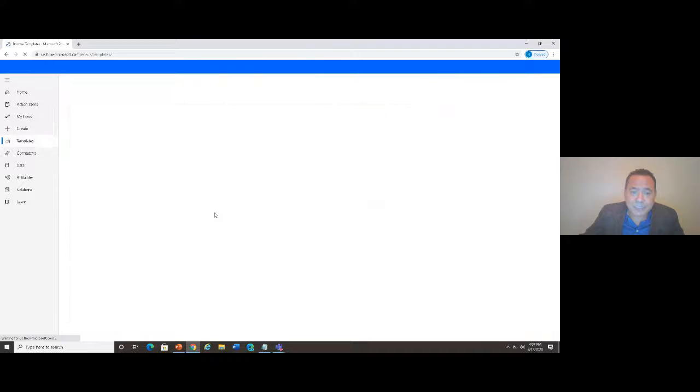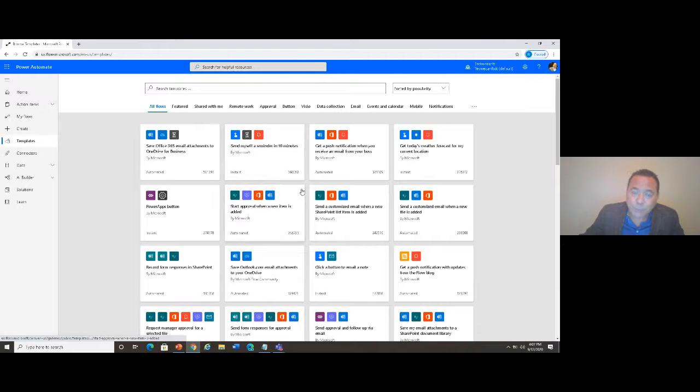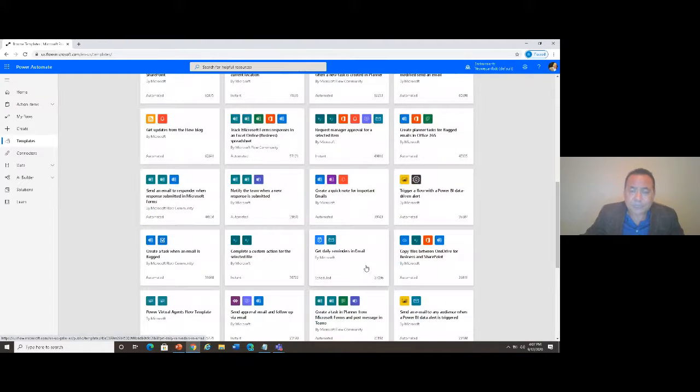You can see the templates that are available. Now with the templates, when you click on any, it's just giving you a mock-up, if I can say that, of how you can send a customized email when a new SharePoint list item is added, or any of these. But of course, you understand that it's not going to do it for you. You have to customize it and then enter the URL of the site if it is the case, or create a connection to a database if that is what you're doing, which I will be talking about during the